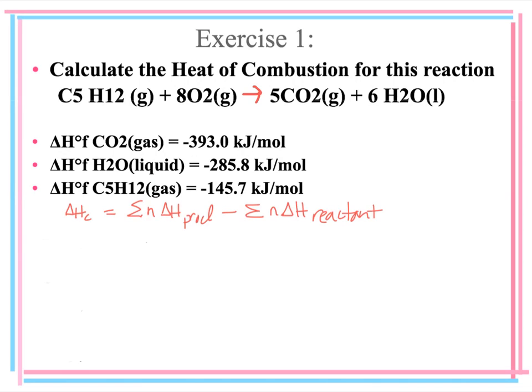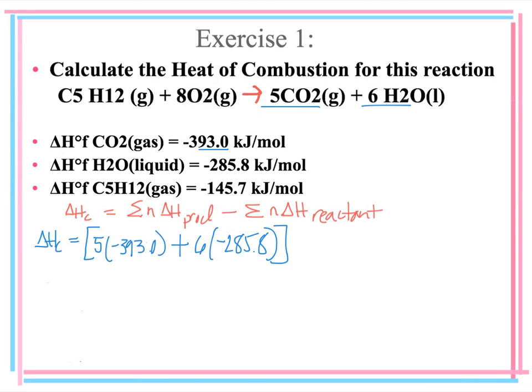So let's start with products minus reactants, and we're going to sum them. And so we're going to start with the delta H of combustion is going to be equal to, and so my first product that I have is I have 5 moles of CO2. So I'm going to say 5 times the value for CO2, which is a negative 393.0, plus I have 6 moles of water. And so I'm going to do 6 times my value for water, which is a negative 285.8. And then I'm going to sum that, and I'm going to subtract from that the total of my reactants. Alright, and I have 1 mole of the C5H12, and so since I just have 1, I just have to put the negative